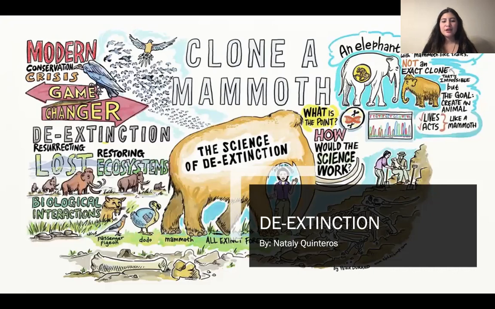So to start off, I just wanted to give a definition of de-extinction. This definition was given by the International Union for the Conservation of Nature. It states that de-extinction is the ecological replacement of an extinct species by the alteration of phenotypes through different techniques. These techniques can be artificial selection, backbreeding, and precise hybridization done through genetic modification. These are all techniques that we're going to be going over today during our presentation.